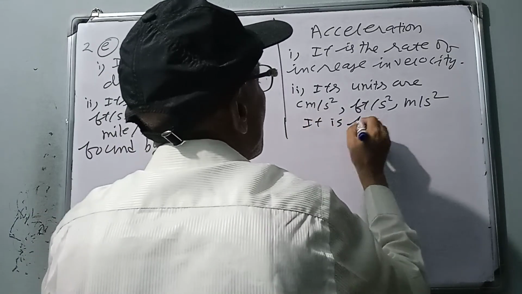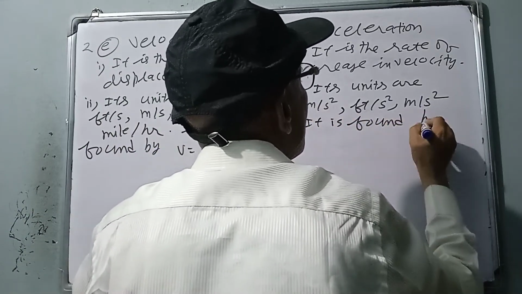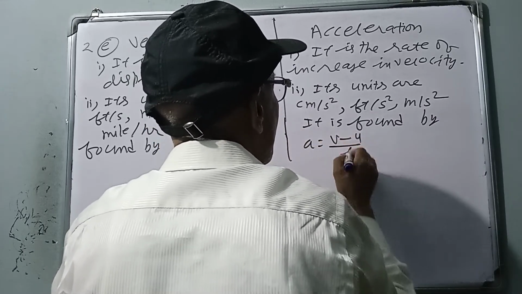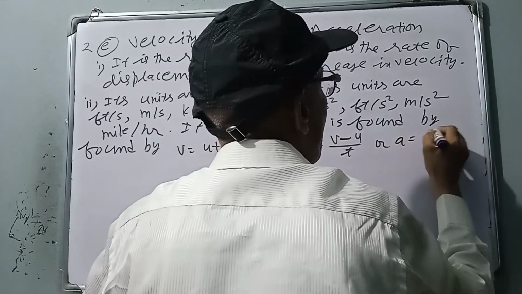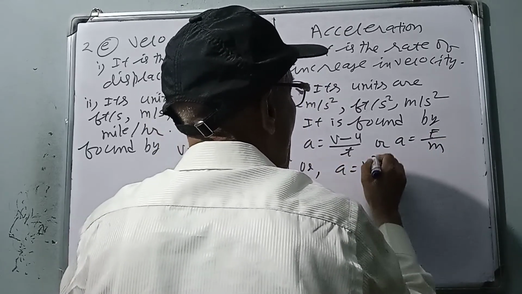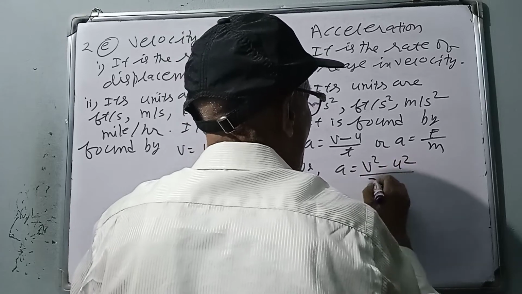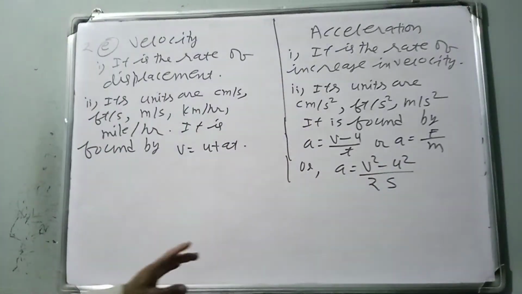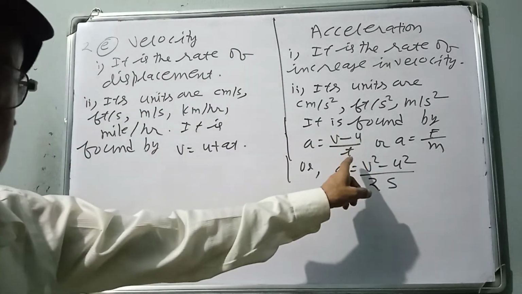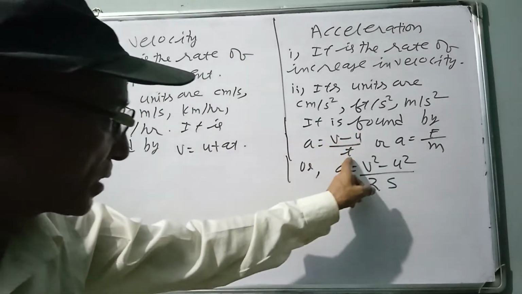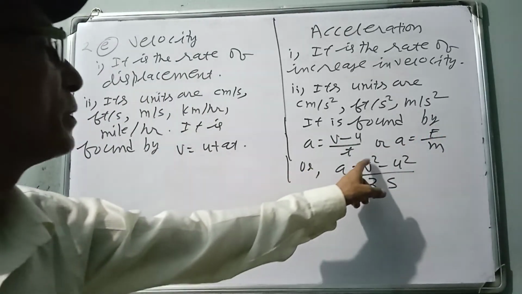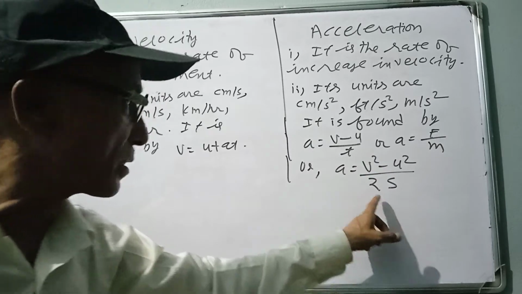It is generally found by A equal V minus U by T, or A equal F by M, or A equal V square minus U square by 2S. योबाट पनि हुन्छ। थ्री फर्मुला. A, acceleration, change in velocity per unit time, V minus U by T, or A equal force by mass, F by M, or A equal V square minus U square upon twice S if time